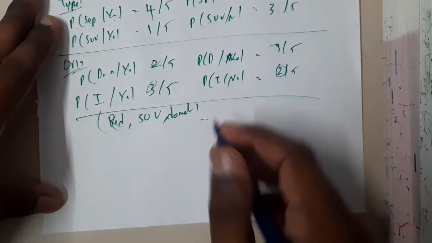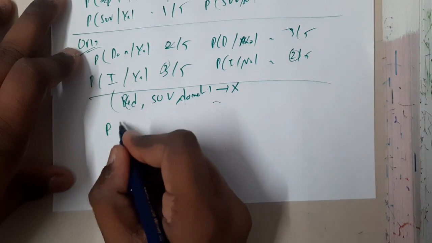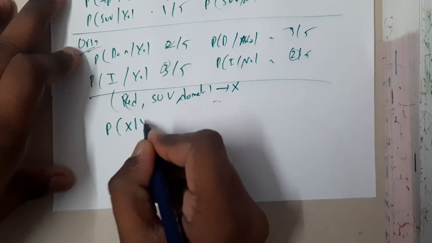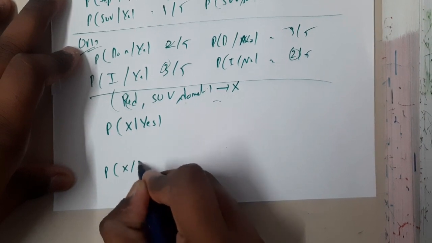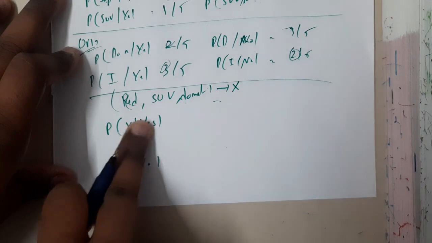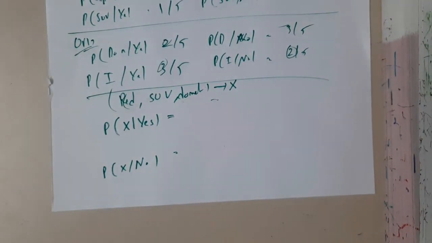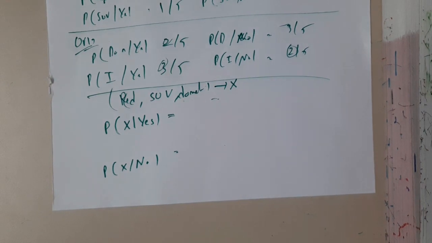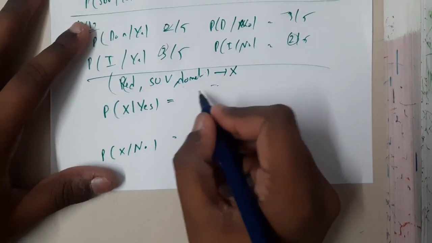So now you will assume this initially as x, and you will calculate the probability of x given yes, and the probability of x given no. What is the probability of yes given x, and what is the probability of no given x? For these we have separate formulas, guys. Please don't confuse these with the conditional probability, because I was confused while writing the notes, and I checked multiple videos to get clarity. So the formula will be in this way.